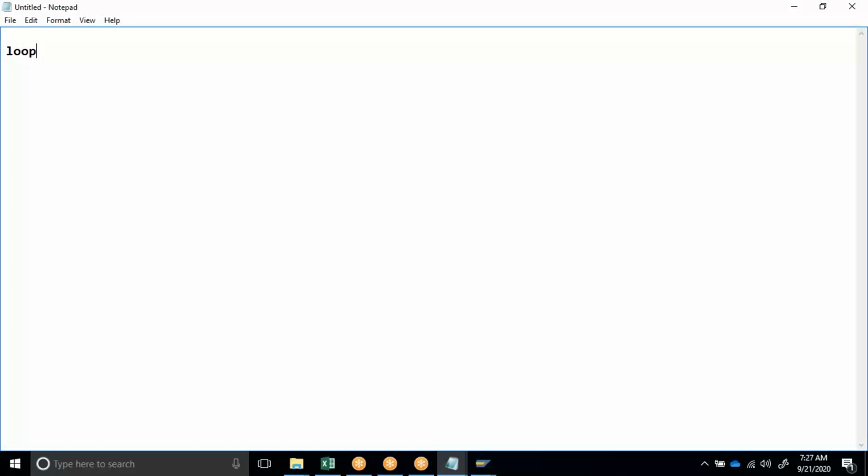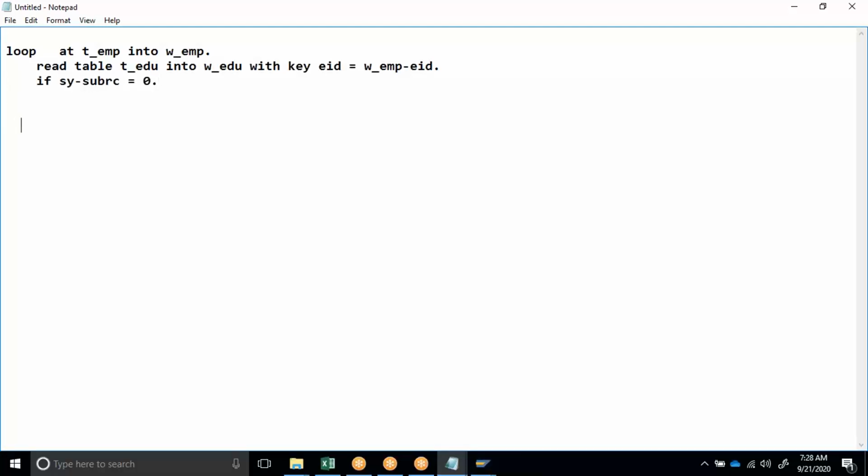Loop at t_emp into work area emp, read table t_edu into work area edu with key eid equal to work area emp eid. If sy-subrc equal to 0, what to do? Else, what to do? And if, and do.